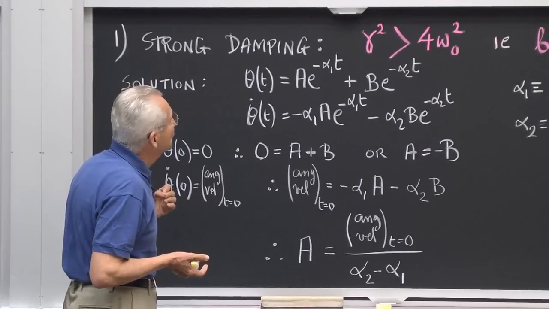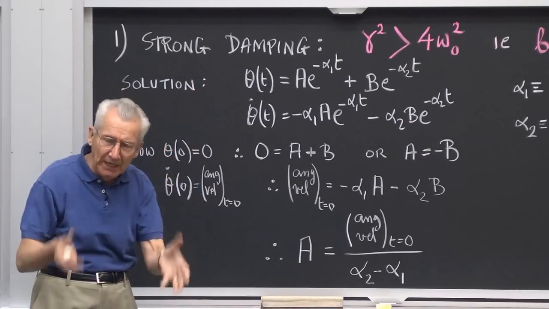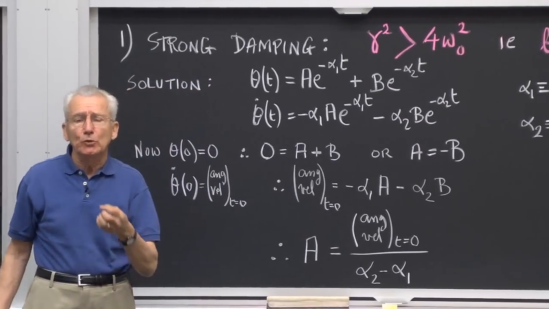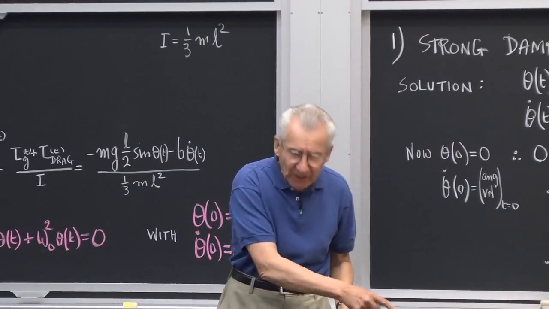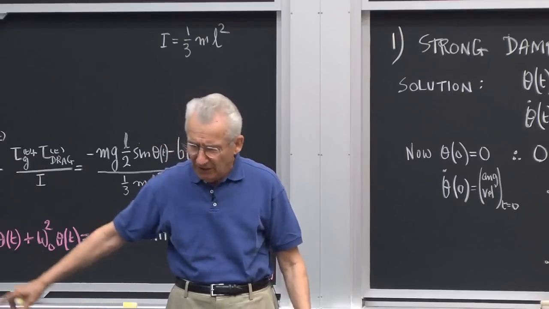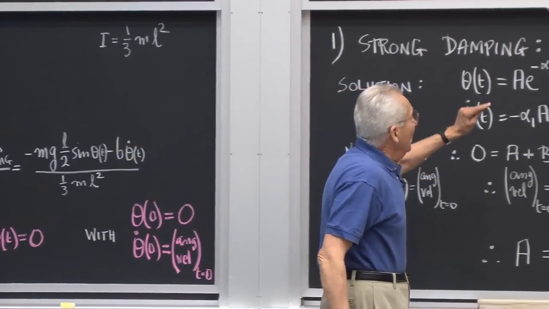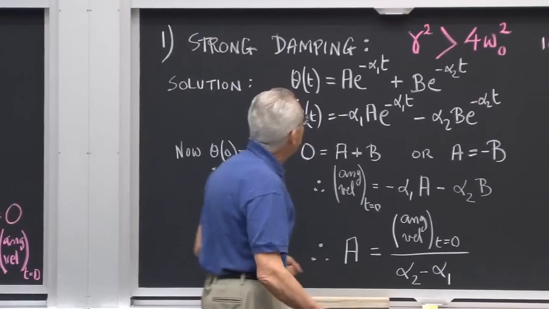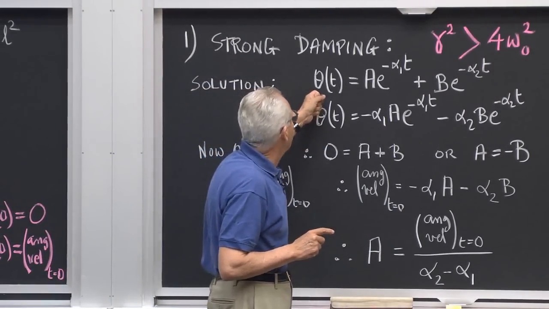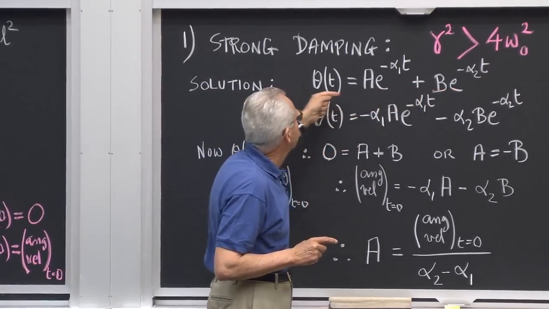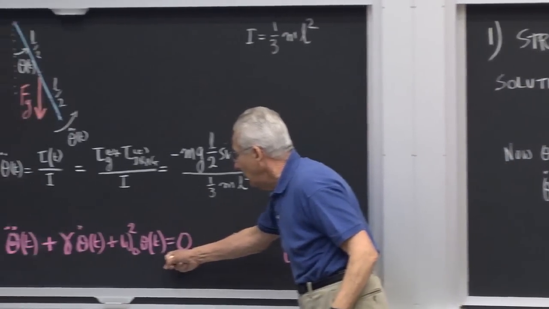So let me consider first the case of strong damping. B is big, all right? So we're talking about a situation where you have this oscillator, but there's lots of friction, and so it doesn't move smoothly at all. This is greater than that. Under those conditions, you find that this equation satisfies our equation of motion.